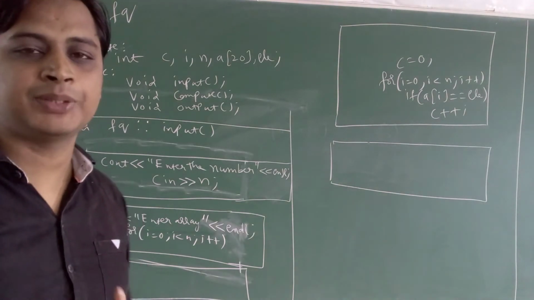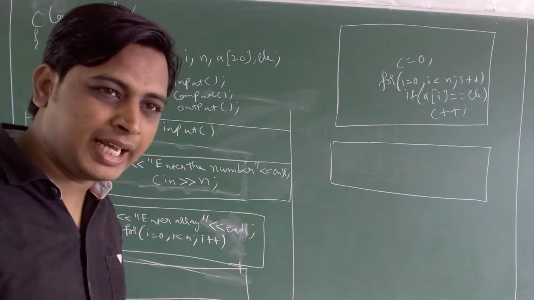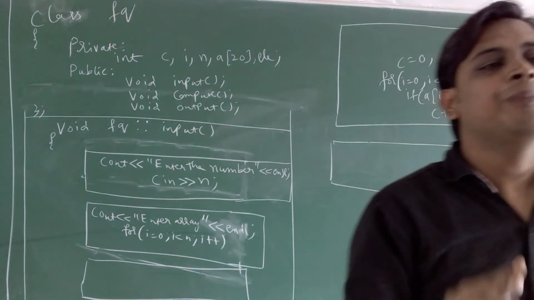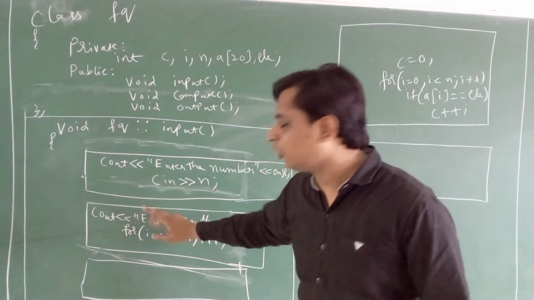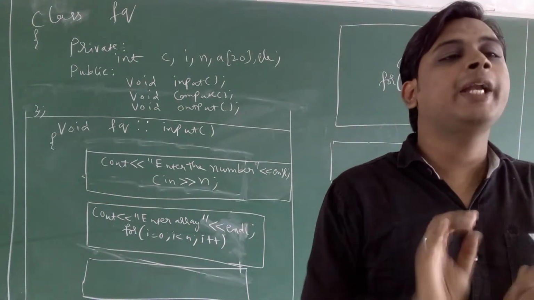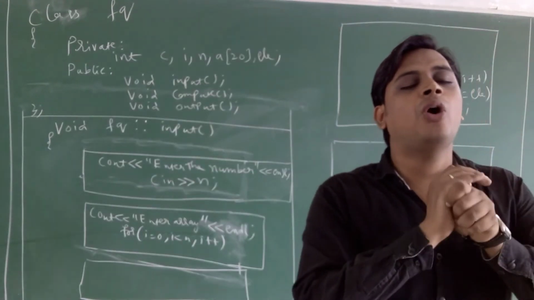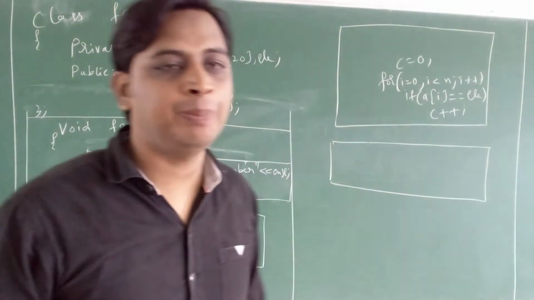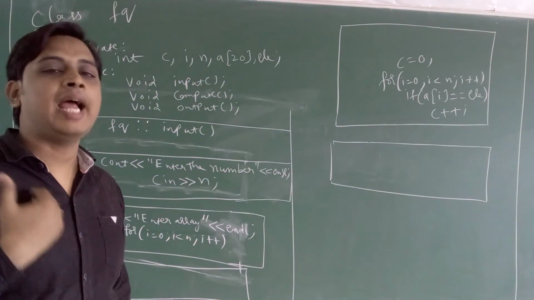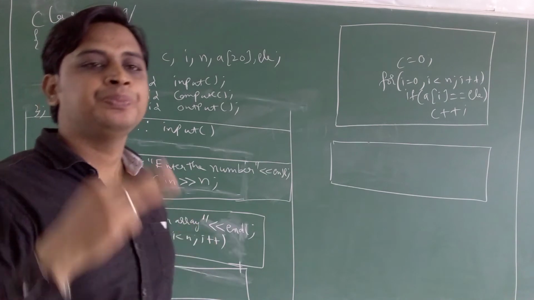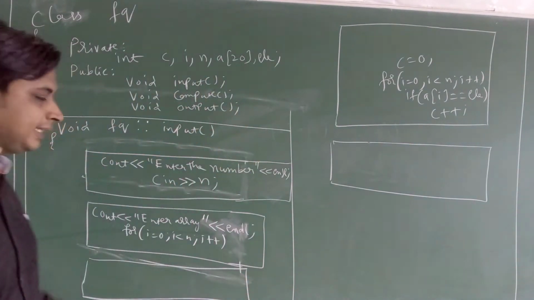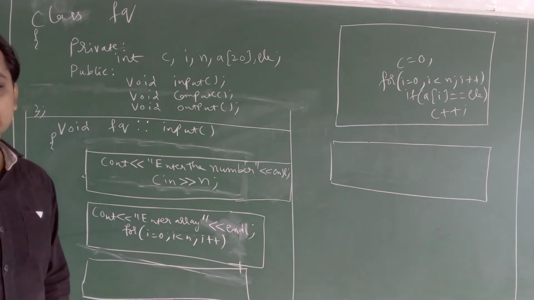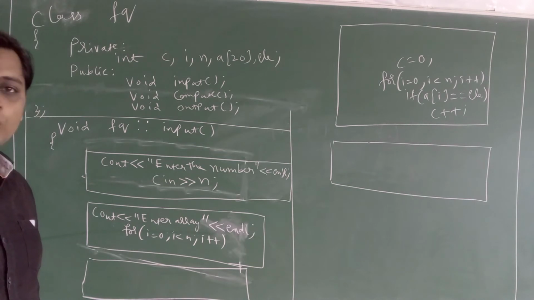What are your first 5 programs? Frequency, insert an element in an array, delete an element in an array, insertion sort, binary search. For these, the first 2 inputs are common for all the 5 programs. I'll repeat, the first 2 inputs are common for all 5 programs. Then the third input, what is the third, fourth input? You have to see for each and every program. As per this program, we have three inputs: first is N, second is the common array, third is the element to be counted. As I explained yesterday about the element to be counted. If not, I have sent the video also, you can see.